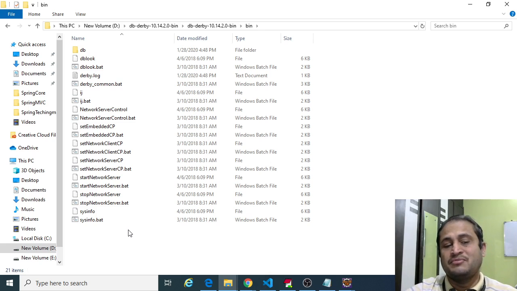There are two types of databases for Derby: one is in memory, and the other is a network database. With in memory, sometimes the data won't reflect immediately, so I am going for the network driver.